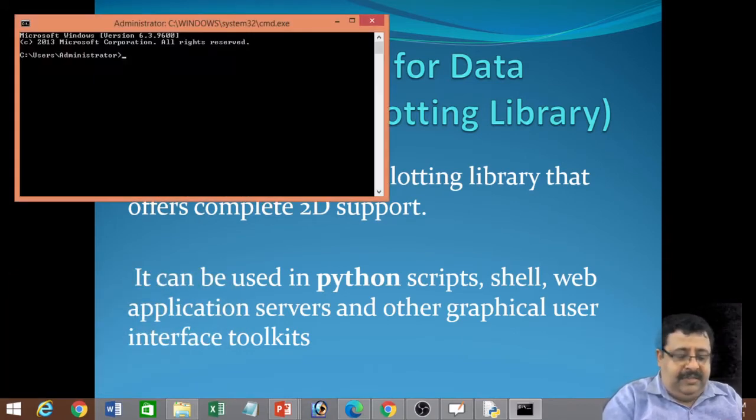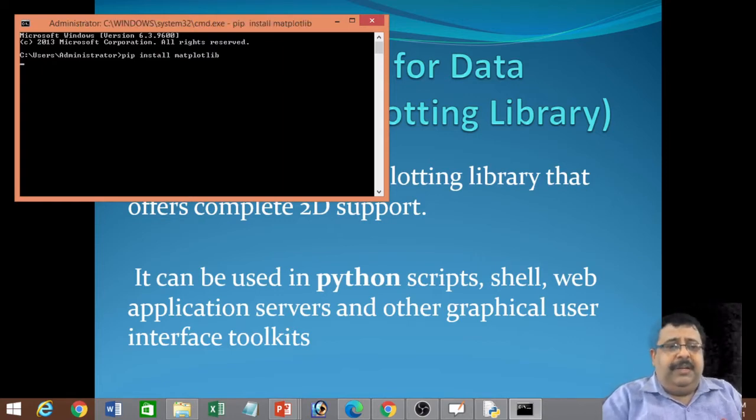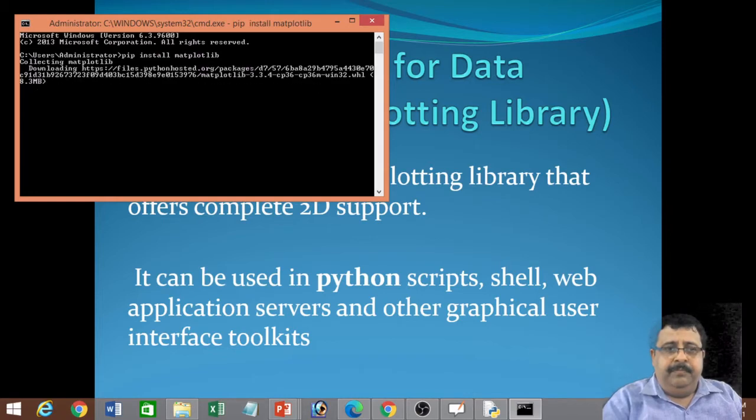So now on my screen, I have opened the command prompt and I will give the command to install matplotlib. Simple command: pip install matplotlib. So now you can see that matplotlib is getting downloaded.